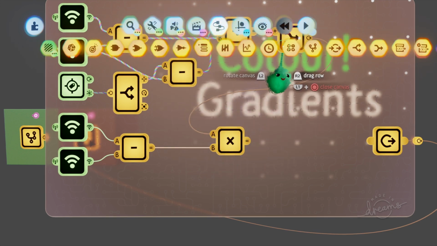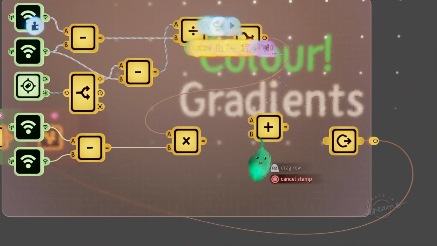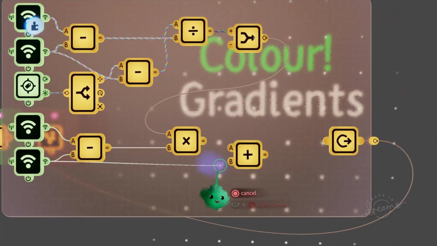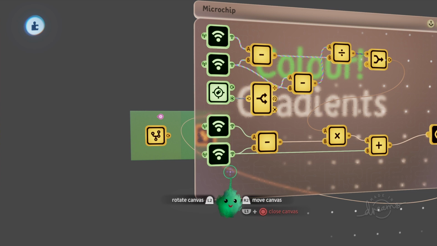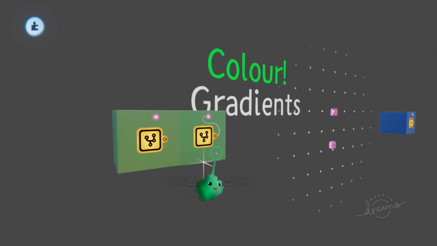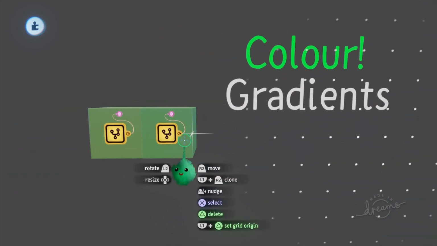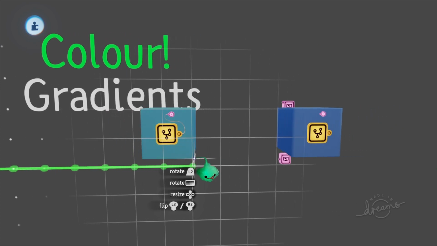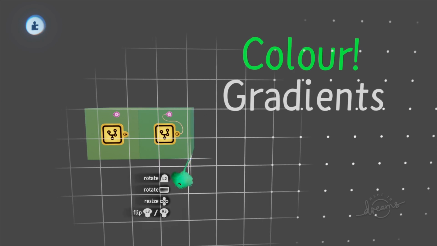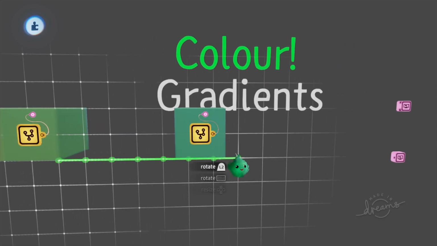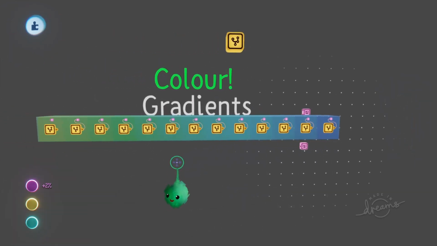So we have our percentage multiplied by the difference between these two hues, and we add that result to the A hue, and that is the hue for this block. Because this is very close to this block, it has a hue very close to this hue compared to that one. The further along the path this block moves, the closer the hue gets to this block. Right? So if we fill in the gaps by cloning this thing, we can see that we get a gradient